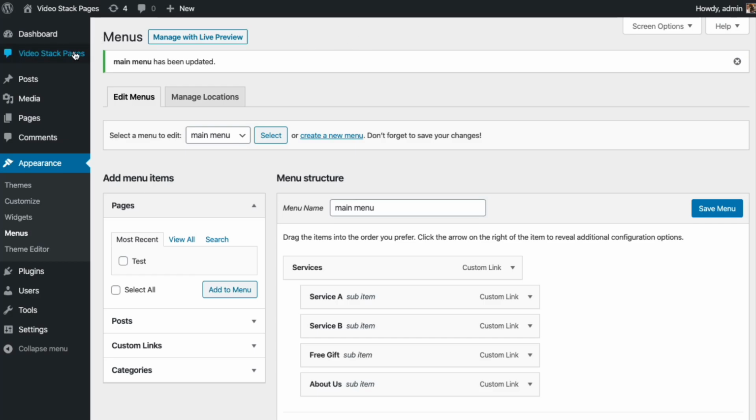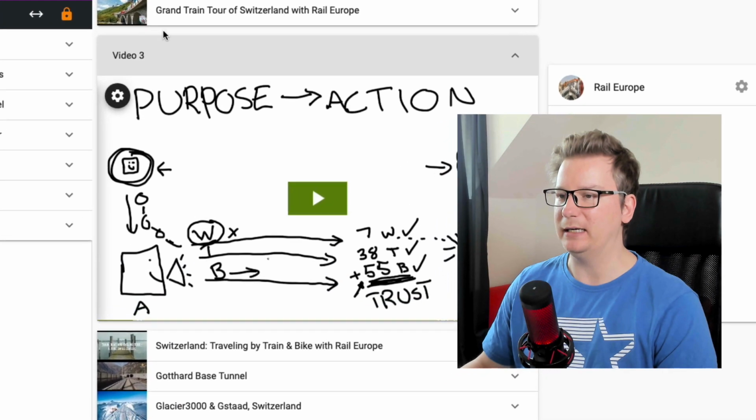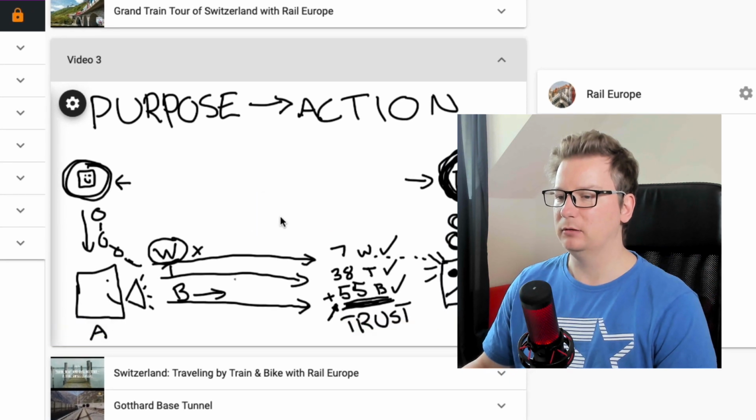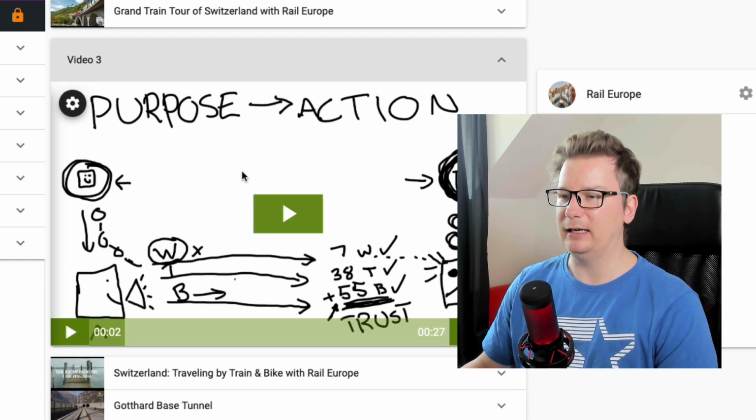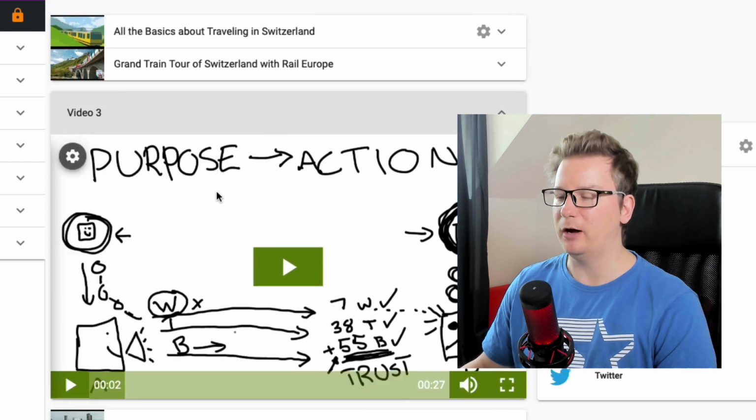And back inside of WordPress admin, let's go to video stack pages, jump back into the editor here and take a look at the MP3 option. So I've actually got one here set up, this one. Now you can't hear that, but this is actually an MP3 file. So going down here, it ends with MP3. If you want to use MP3 files, now you can. You just have to make sure that it ends with .mp3. So the player will recognize it as an MP3 file, and then you can play MP3 files with your own